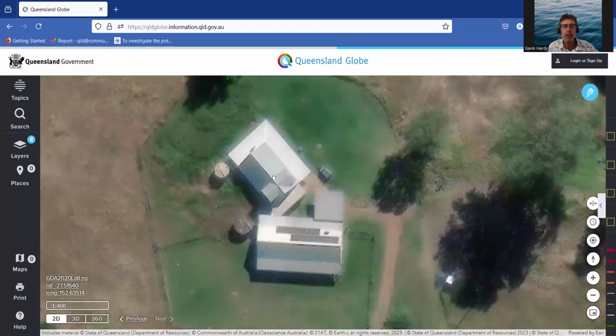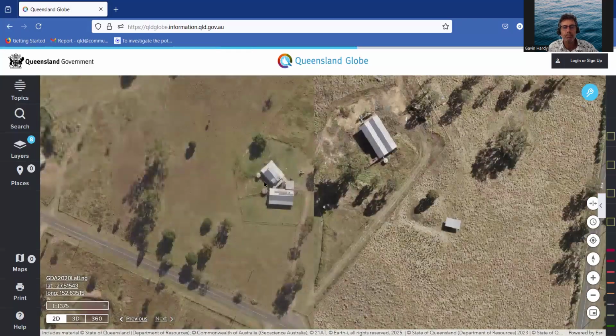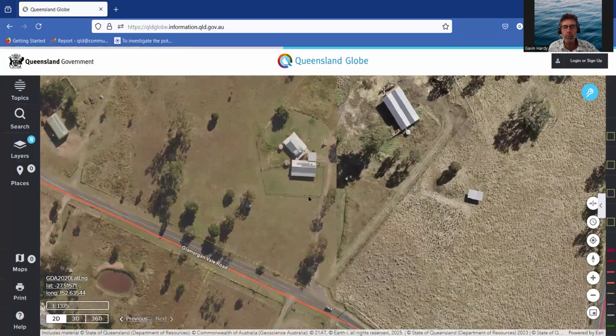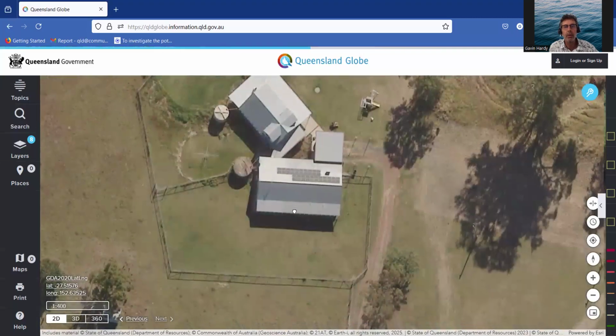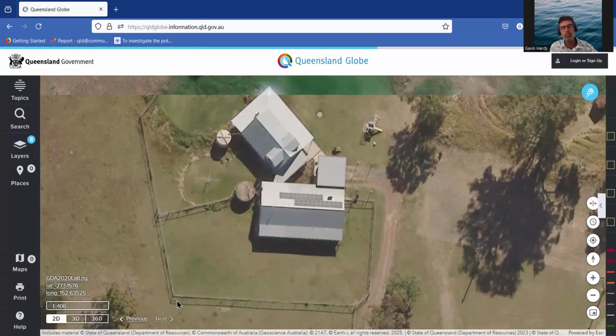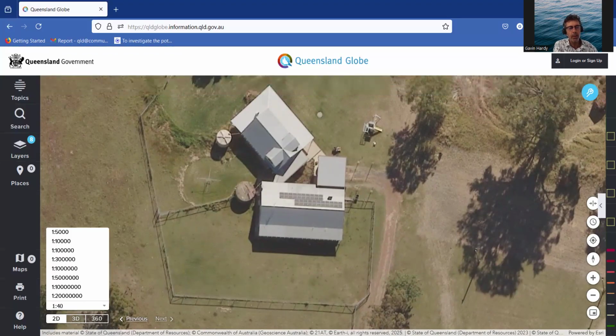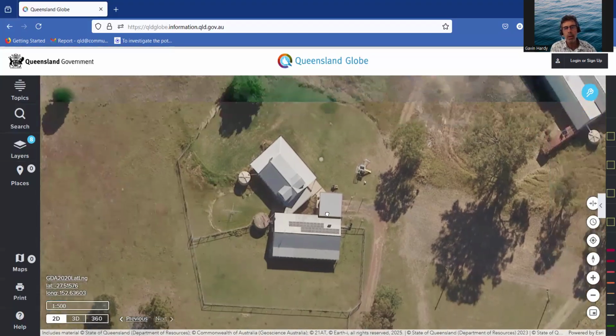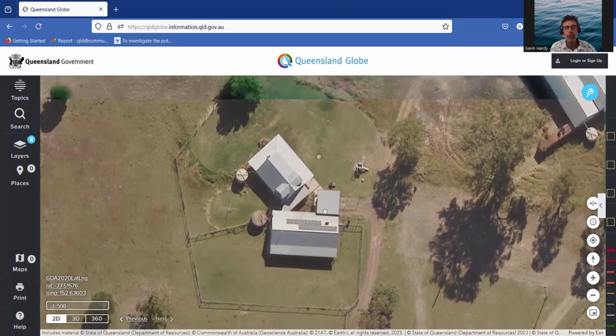As you can see, there's no property boundaries, except perhaps right out at the edge of the farm. So that might be not an area that we're working with. We might just be working around the housing. What do we do? I just want to set a good scale. I think perhaps 1:500 could work. That could work. And the area I'm going to work with in this case is going to be around the